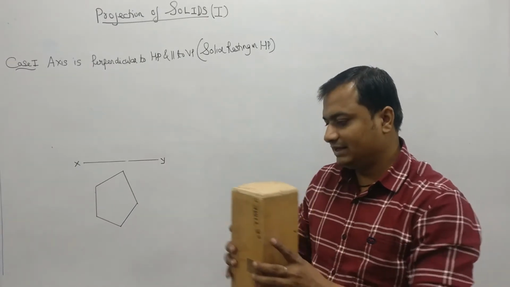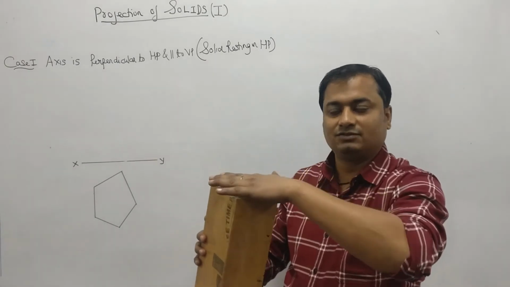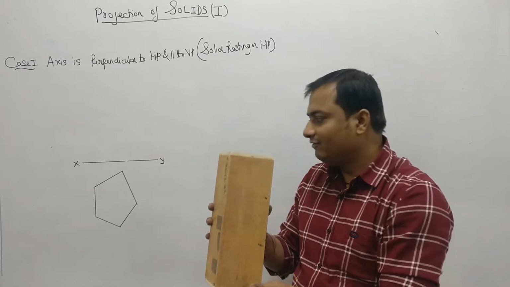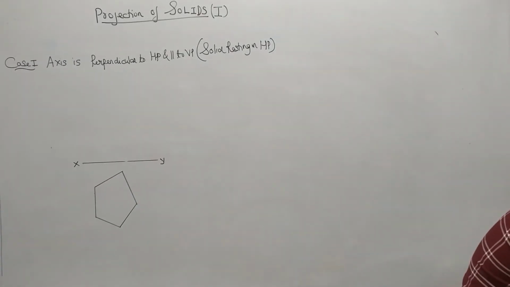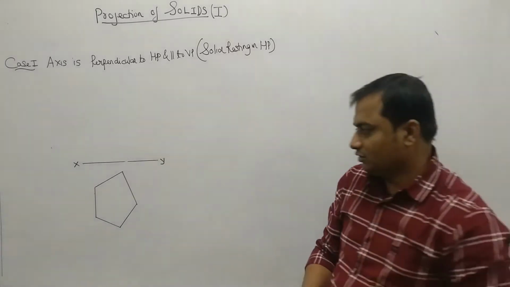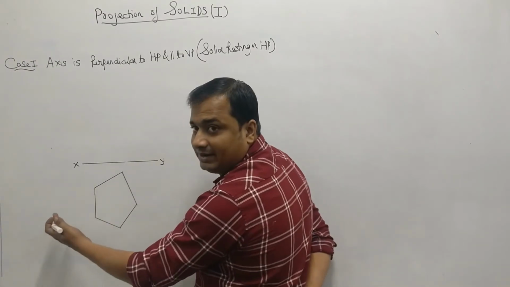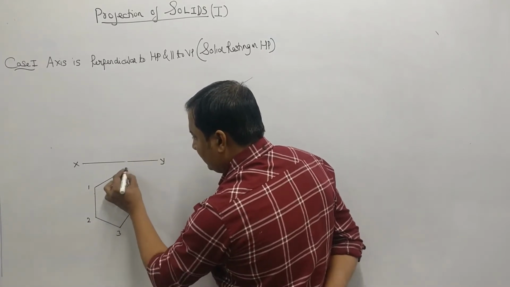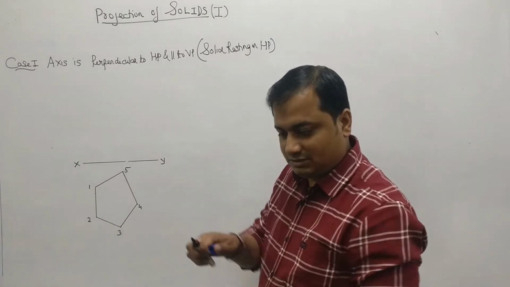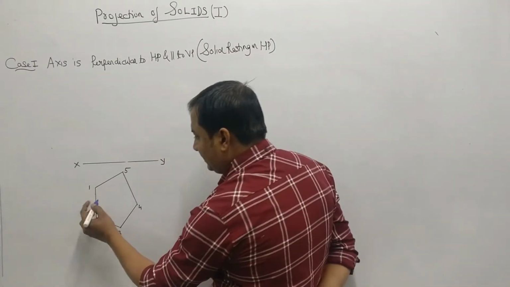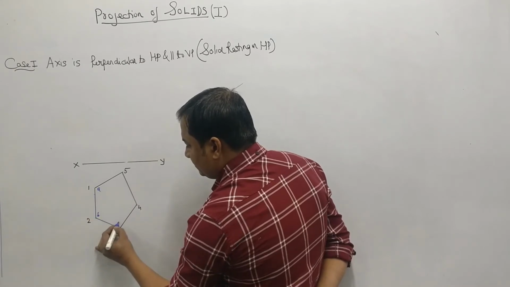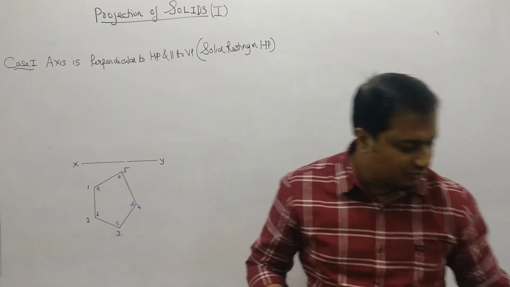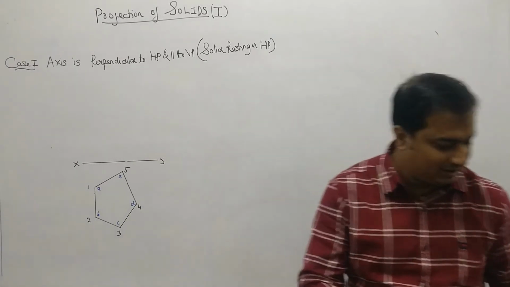But how to differentiate कि numbers? I have taken numbers for the top one and alphabets for the bottom one. So what I will be doing here, I will be differentiating by writing the numbers outside this pentagon. So this will be my 1, 2, 3, 4, and 5, and the bottom alphabets will be inside the pentagon. So this will be my A, this is B, C, this is D, and this is E. So there will be double naming in case of prism.